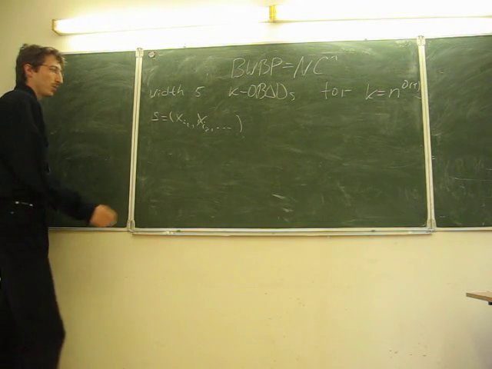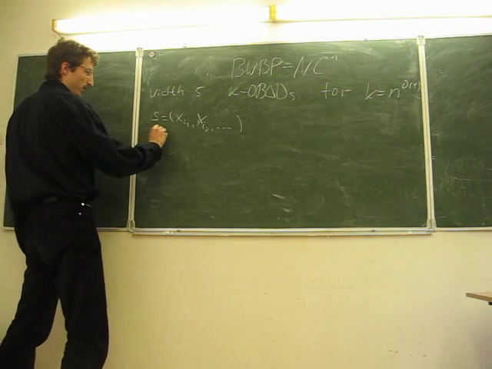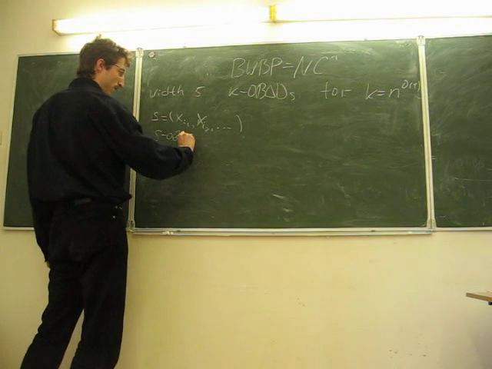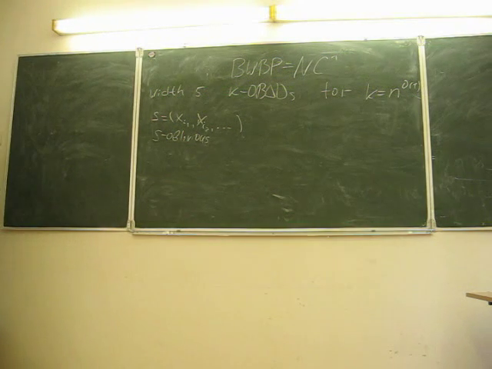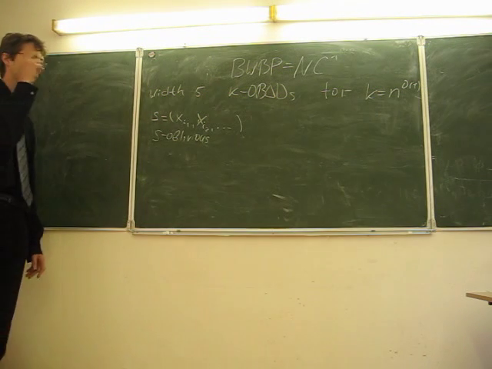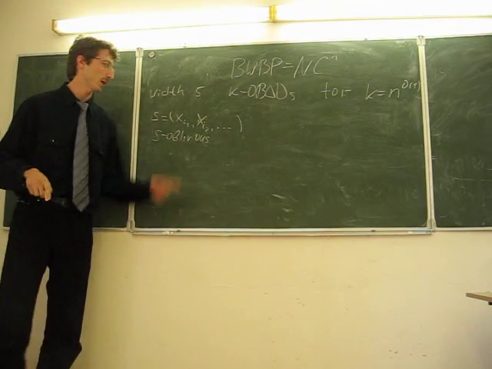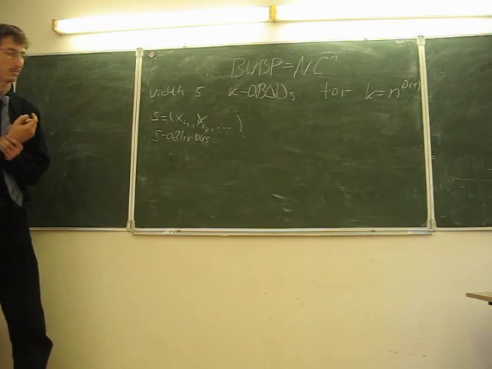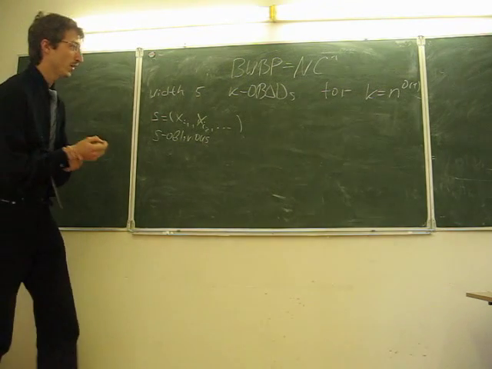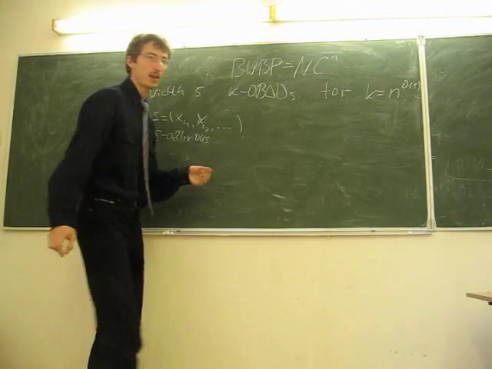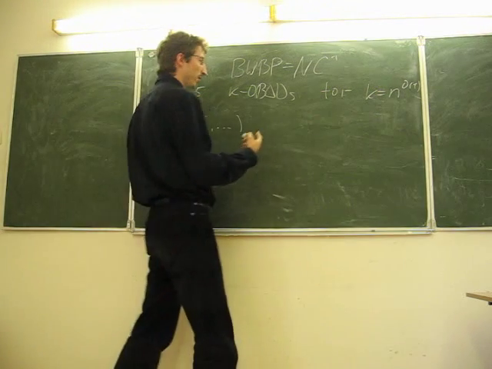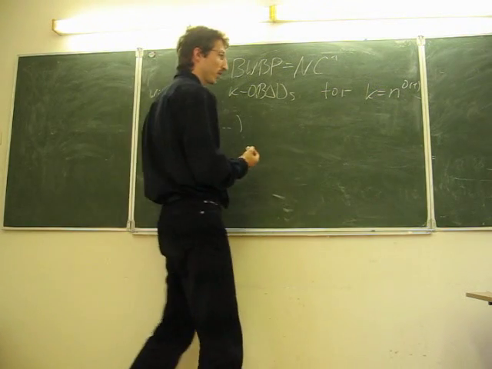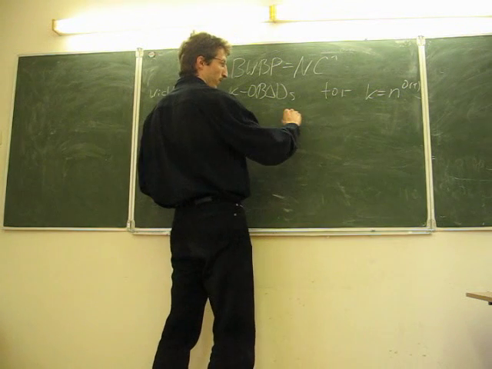Now we call the branching program S-oblivious if the sequence of node labels on each path from the source node to the sink is a subsequence of S. And now a k-OBDD is an S-oblivious branching program where S is just the concatenation of k copies of